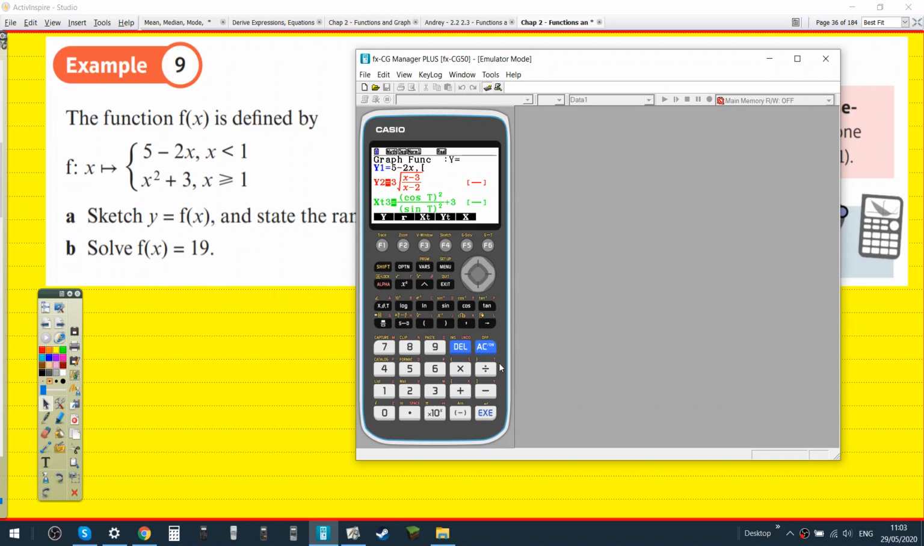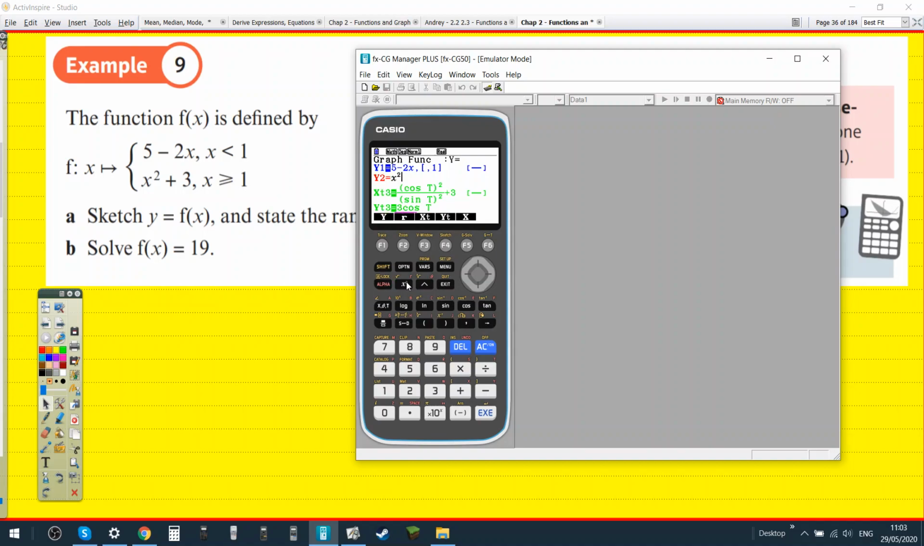It would be like x is less than 1 would be like negative infinity. You can just leave it blank, and then comma again 1. So that's like from negative infinity to 1. And then it's shift minus for right bracket. And then the other one,